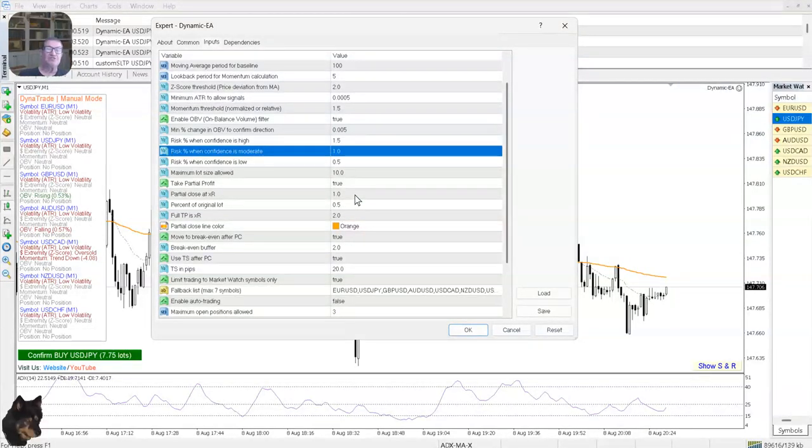Now, you set the ratio that you want to have for your partial close. I usually take a 1-to-1 ratio. What that simply means is, and again, round numbers, if I enter on level 0, my take profit is set at 100. Since I'm having my percentage of the original lot set to 50%, meaning half,